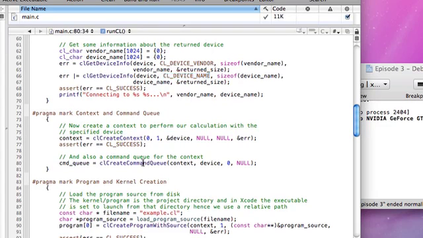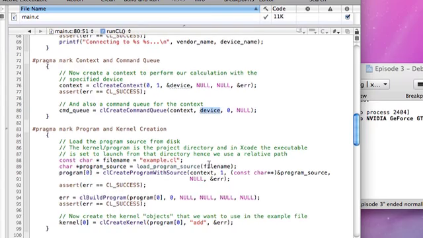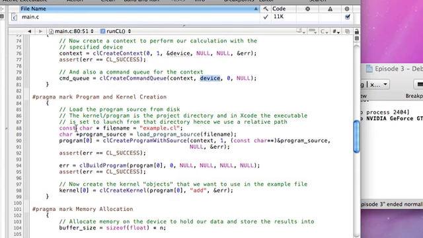This is straightforward. These are just straightforward function calls. Nothing really specific about this. The context is always tied to the device, so you need to at least do that. And then your command queue is tied to the context and device, so both. So that's that part. Then what we're going to do is say, okay, now let's build our